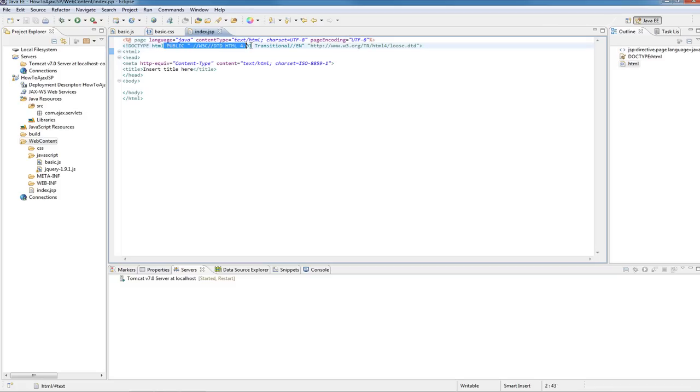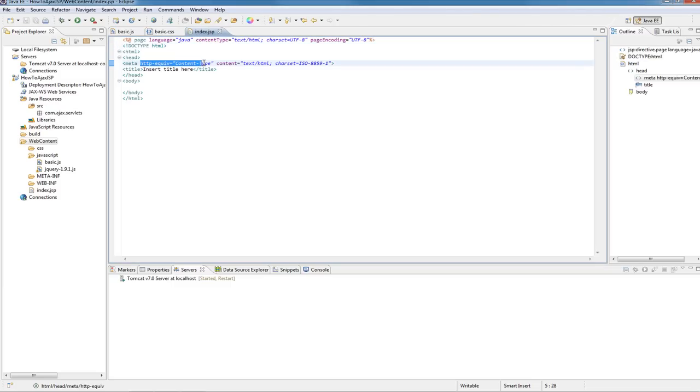So we change this from HTML4 to HTML5. We can get rid of this big long doctype. We can save that, and we can also change this meta to basically just meta charset, and then we'll change this here to UTF-8. So basically that's our HTML5 ready to go. So we can call it JSP AJAX form,